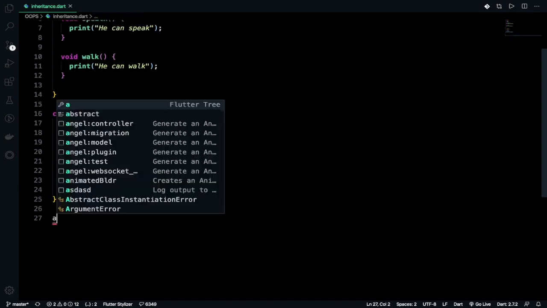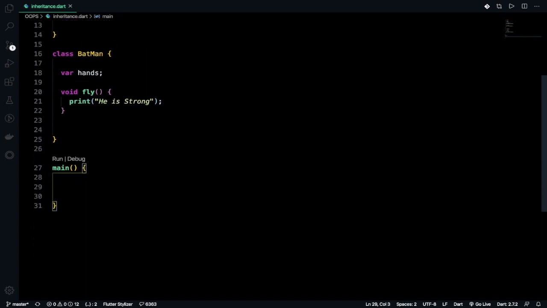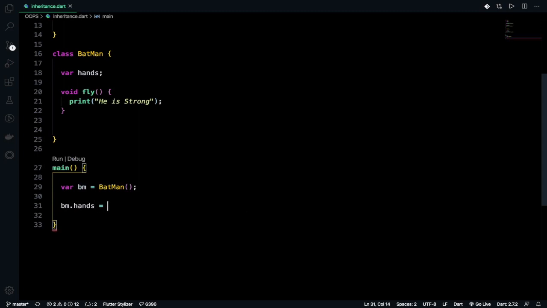Now I'll create a main method, and after that I will create an object for that class Batman. So bm equals Batman, semicolon. And now I want to access him, give him hands, so bm dot hands equals 2, obviously, no doubt.